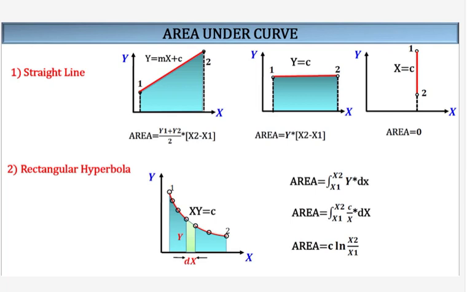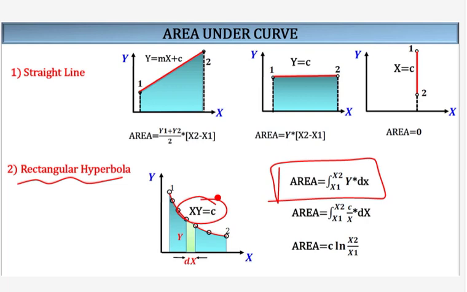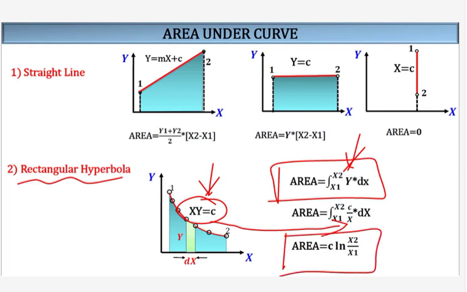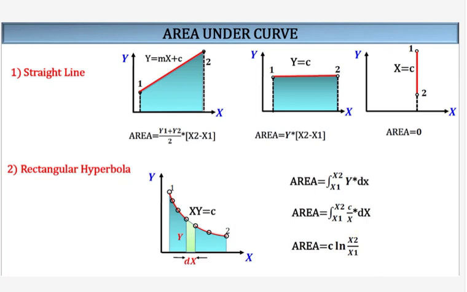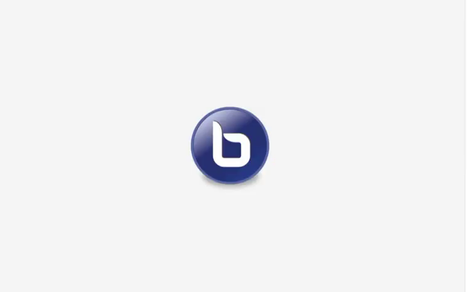Now the area for a rectangular hyperbola. It will be integration of y dx only. Now you know the relation for this particular case: xy equals a constant. You replace y in terms of x, you integrate it, and you will get this value. This value is representing this area only. This is the area under the curve. Now if you know these things,